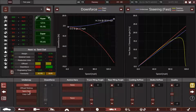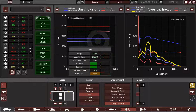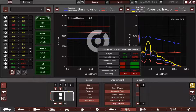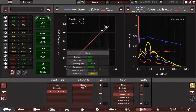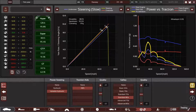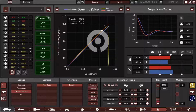Fully clad under tray. Handmade. Luxury. Cassette. Power steering? Yeah, I thought the variable hydraulic was like the Bugatti Veyron of 1983. I know that's not an entirely fair comparison, but